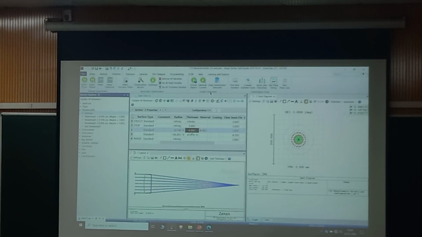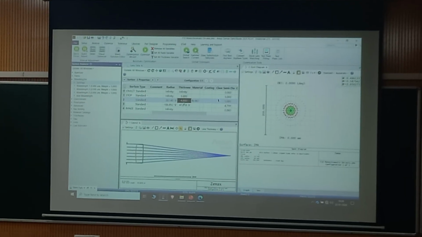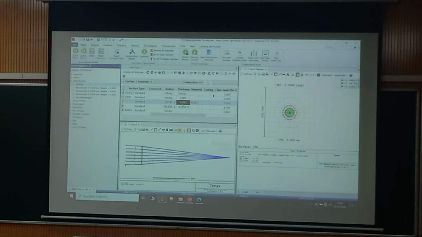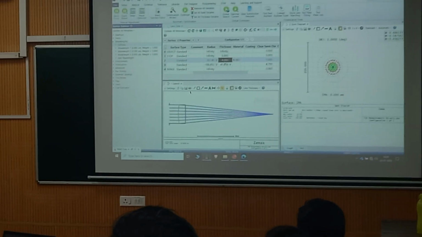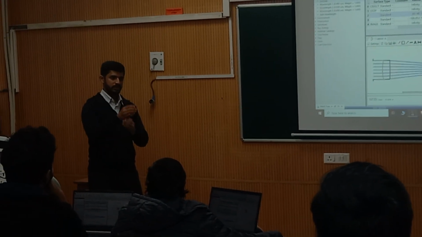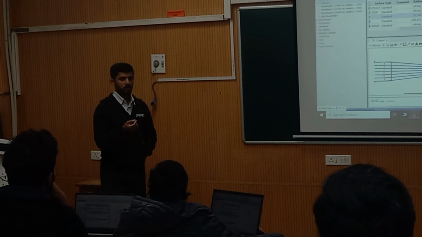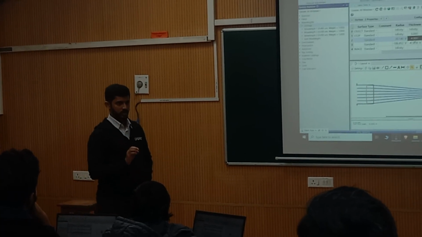So I'll tell you. The standard is, when light is being focused from an infinite conjugate to the imaging plane, first the ground glass comes and then the flint comes. If it's the other way around, then flint comes and then ground glass. So this is a standardized thing. I don't know the exact reason behind this, but this is the philosophy being used. If you want, you can try it.